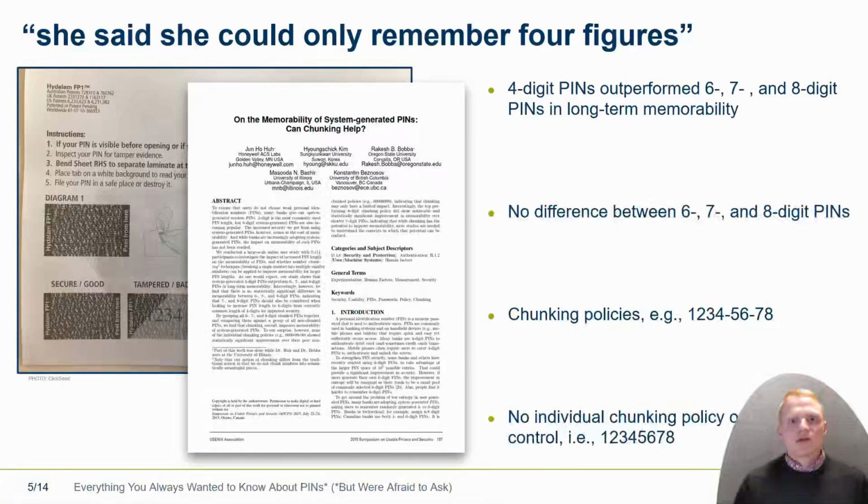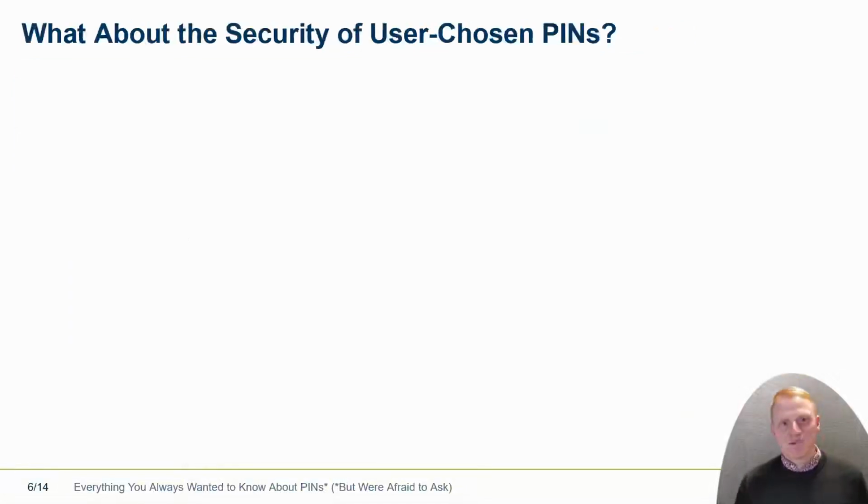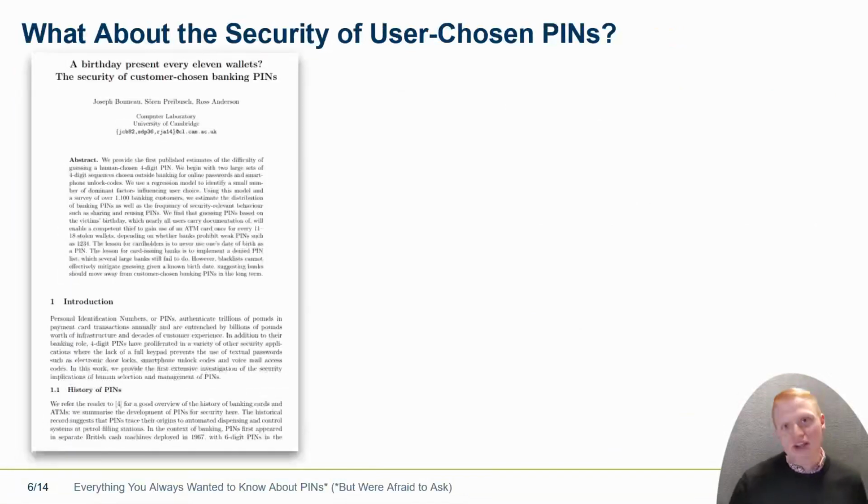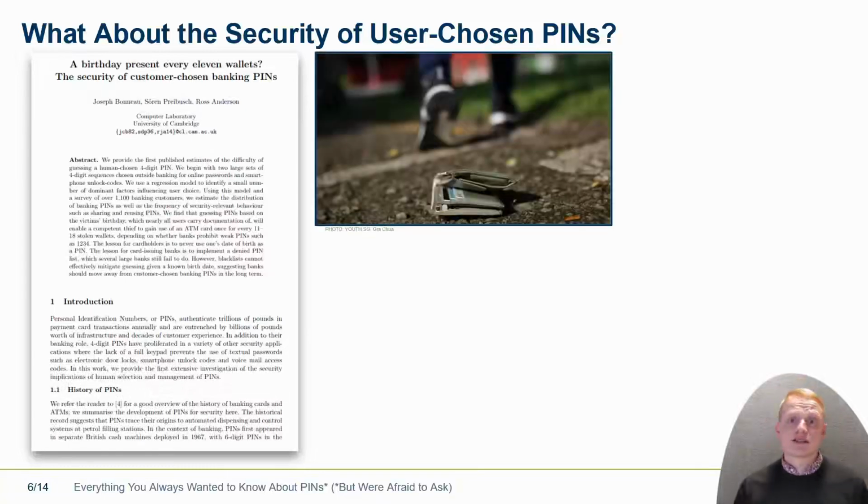Now you may say, why don't we select the pins just by ourselves? The thing is that those pins are usually not randomly generated. And Bonneau et al. looked at the security of banking pins in more detail. The scenario that they were looking at is a scenario that could happen to all of us. So we lose our wallet. And in this wallet, there is all of the banking cards, but also other sorts of information. But what the attacker wants to have is the money, of course, on the banking account. And now the big question is, how many times can the attacker try? Because this is not an infinite number of guesses that the attacker can make.